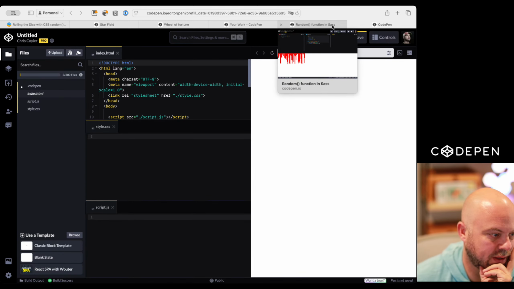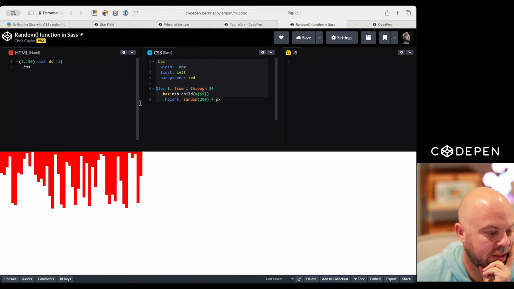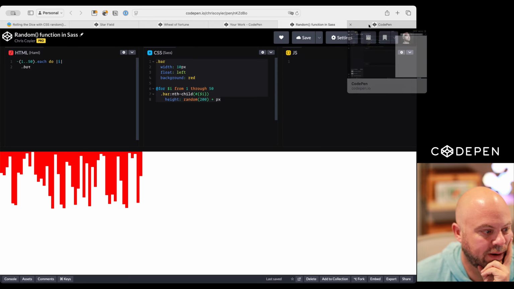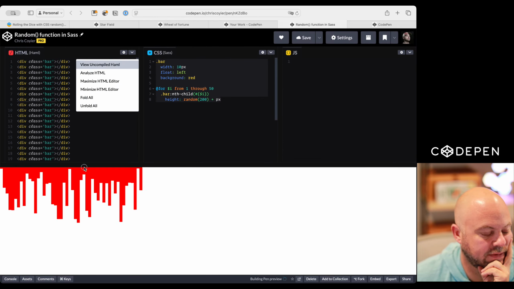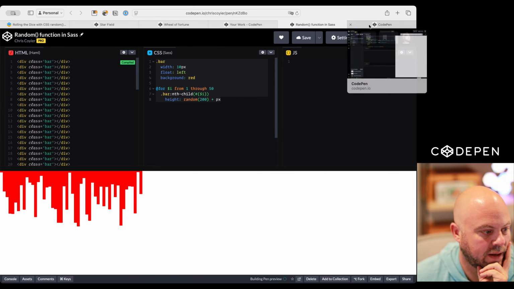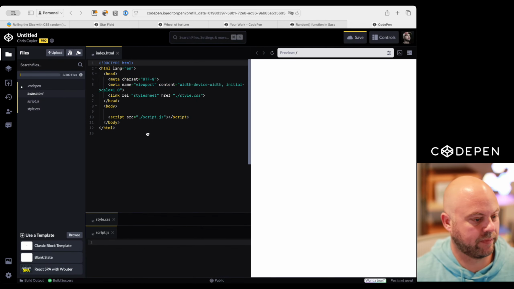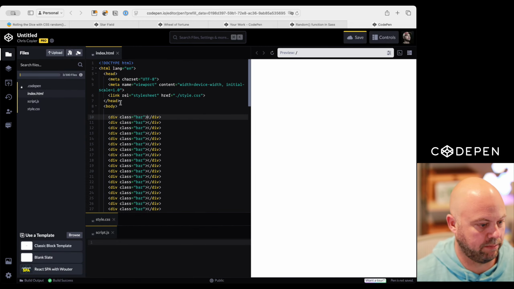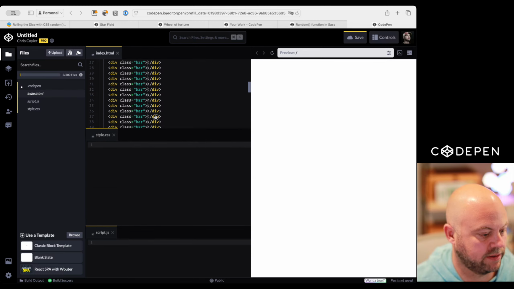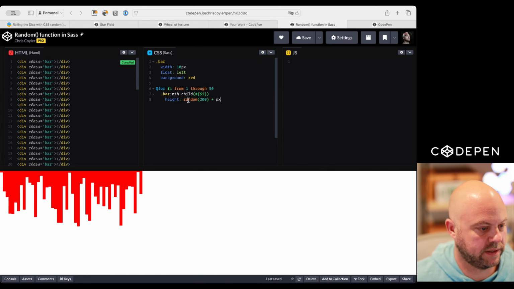It's just we're not doing Haml in the new editor. Nobody uses it except for me 12 years ago, apparently. So let's do this. Just get a bunch of divs. We could have done that with just emit bar times 50. Let's just do that. Bar times 50. Boom. So we got our bars, and now we're going to do this stuff, but we can just do this